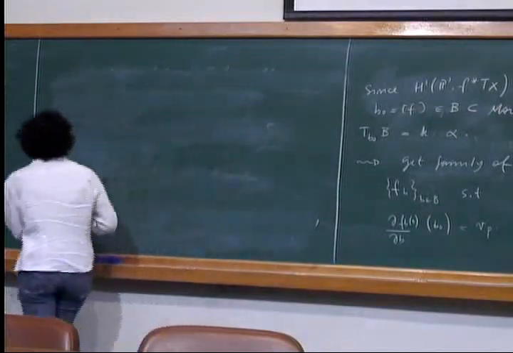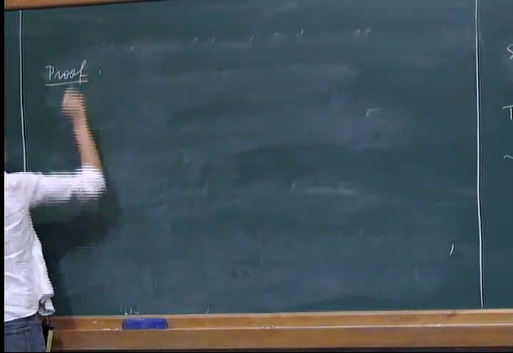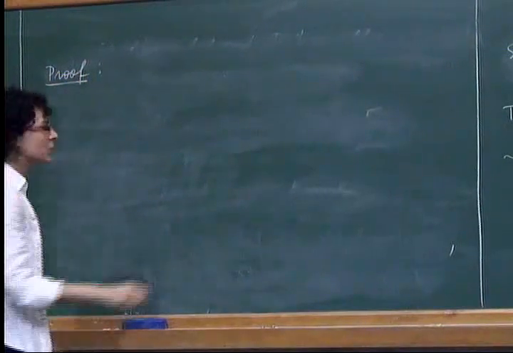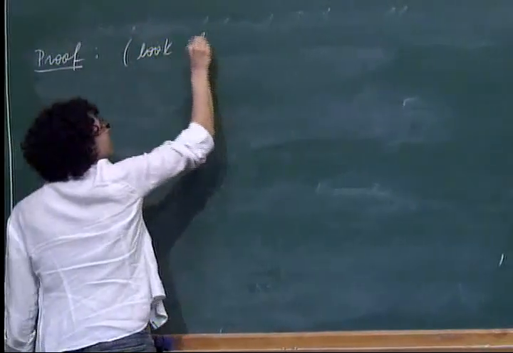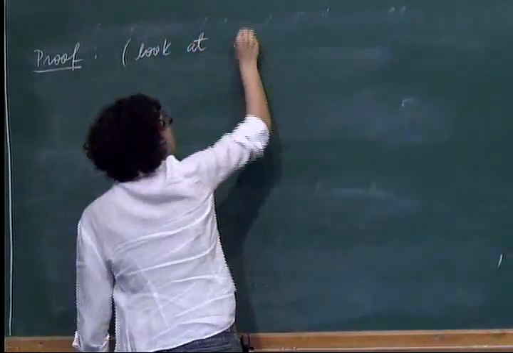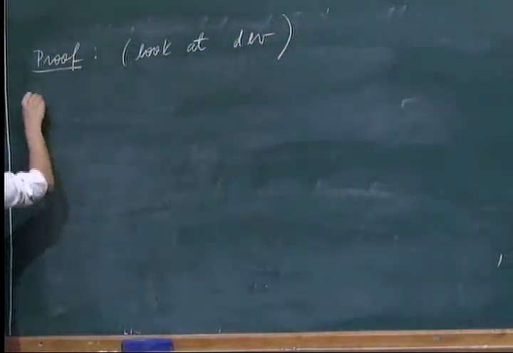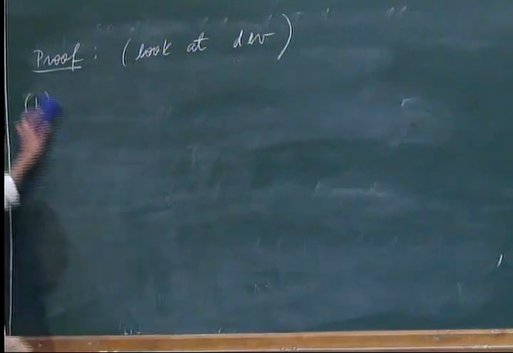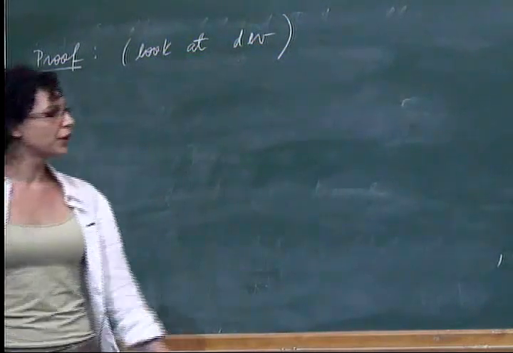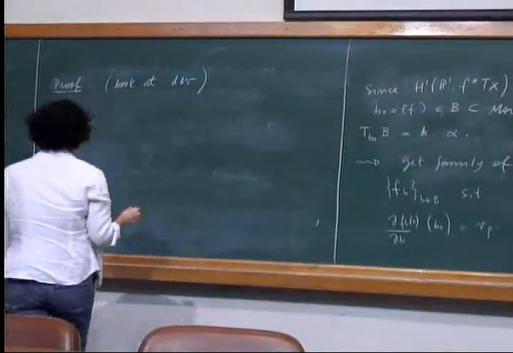So, proof. This is just to look at the derivative map. So in general, what do we have? To say that,